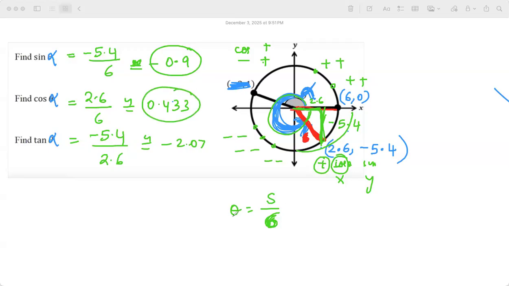Miss Priya, how did you determine that the hypotenuse was 6? Because the radius is going to be the same, whether it is here or here or here, the radius is always the same, right? This is given as 6, 0, this point. Oh, that's the radius. X value is the radius, right? Yeah, the radius. Okay, I understand. Any other questions for me?